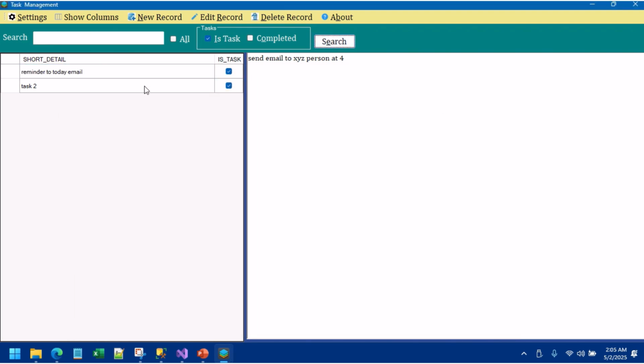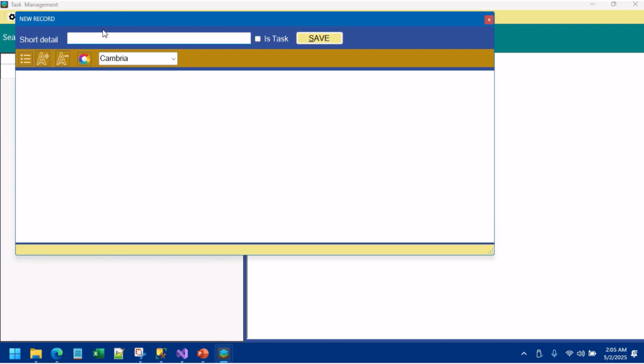update email. Okay, also if I click search, MySQL, I can find it. Also a new record again, test task 24 for MS SQL, or task to